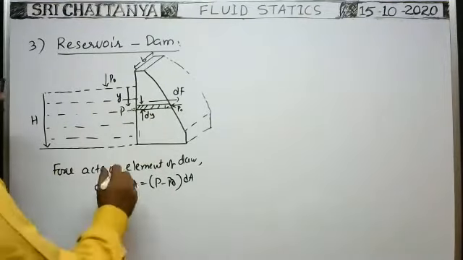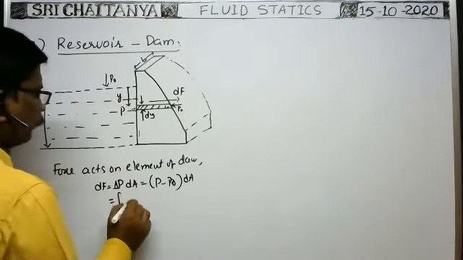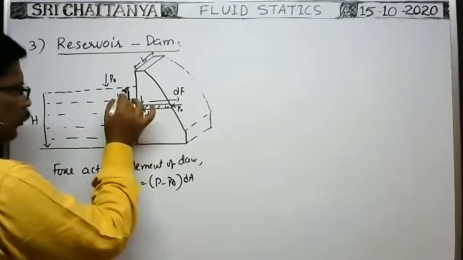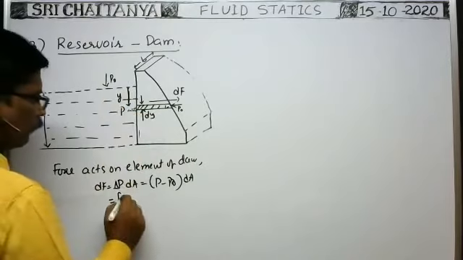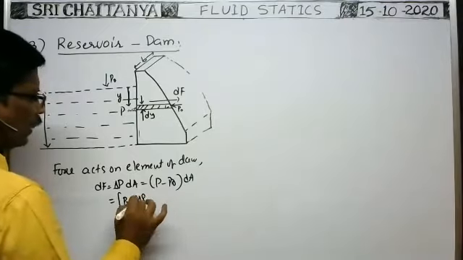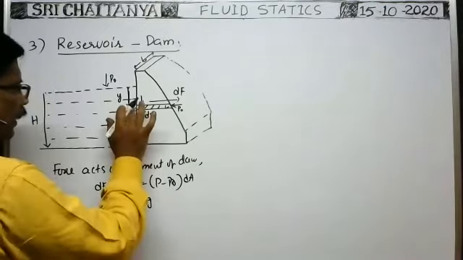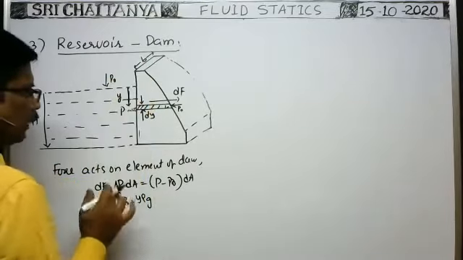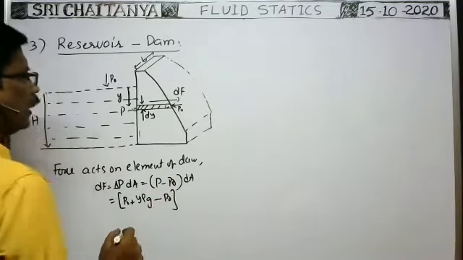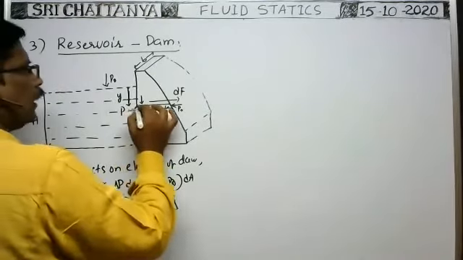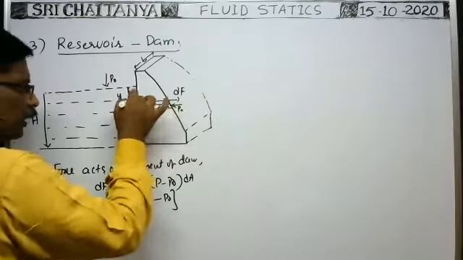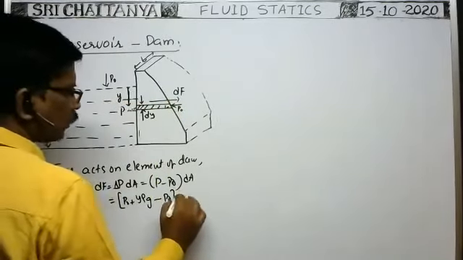Force acts on the element of the dam, which is equal to, what is P? P means pressure at this point, means atmosphere pressure plus pressure due to depth of this element, depth of the liquid column. So P naught plus this depth is y, into y rho g, or h rho g. It is the pressure at this point due to atmosphere pressure and due to depth of the water, minus atmosphere pressure P naught, into area of the element. Area of the element means breadth is B. So here the element is also having same breadth and the height is equal to dy. That's why B into dy is the area of the element considered.